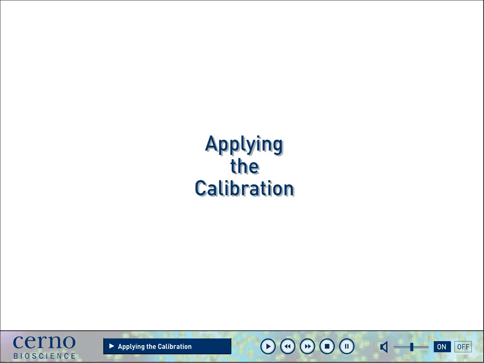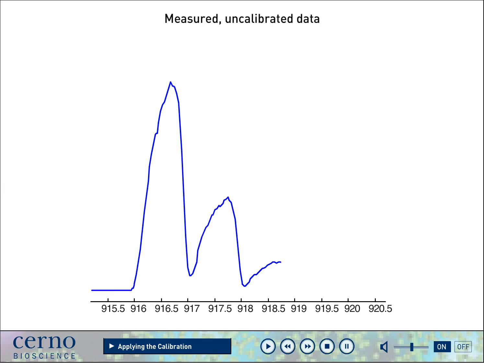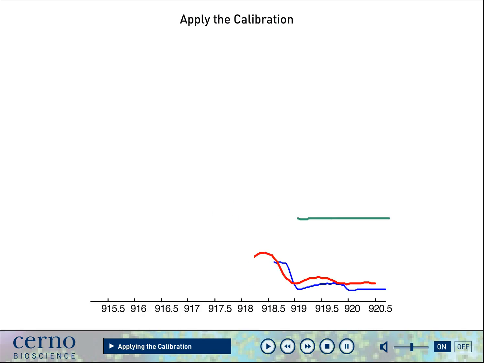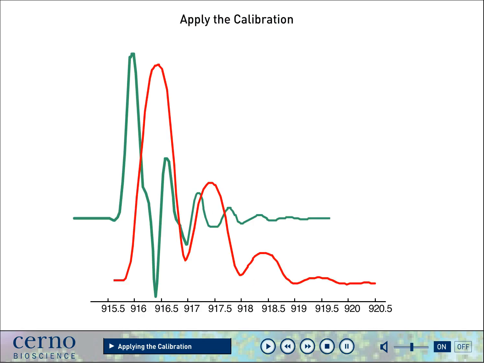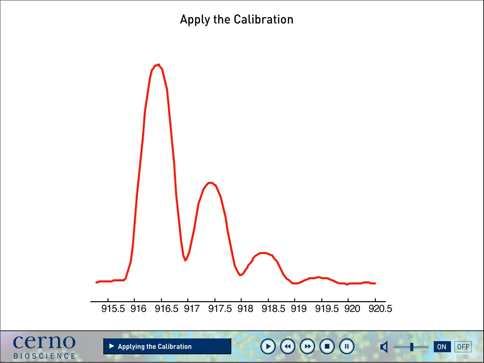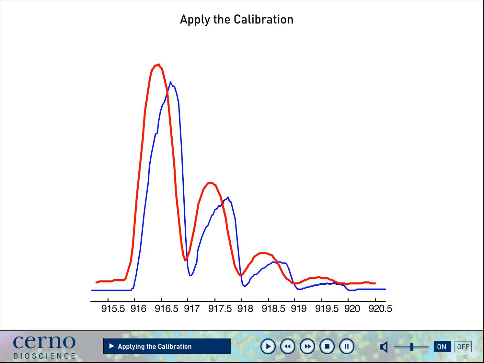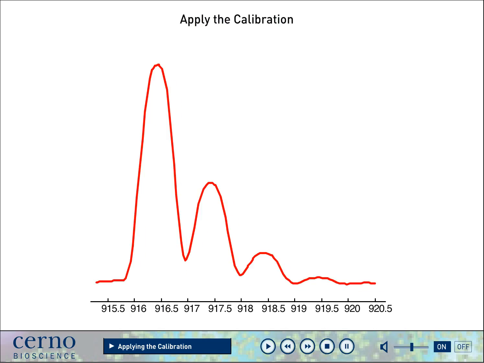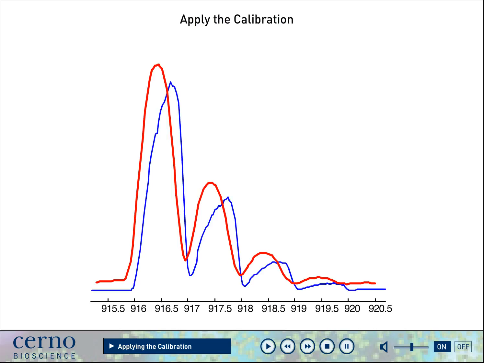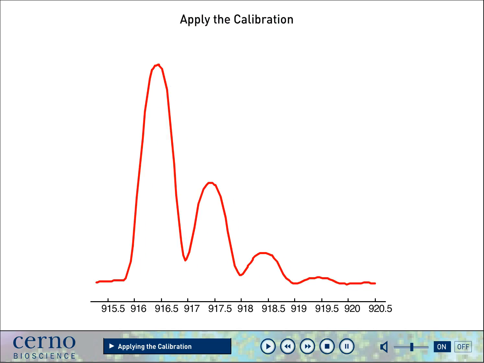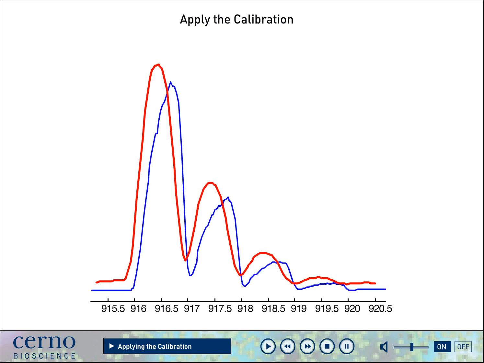Once the calibration equation is calculated, it is a simple matter to apply it to the measured data. The calibration is applied to the measured data and a fully calibrated spectrum is obtained. The calibration corrects both the mass position and the line shape of the spectrum to a mathematically defined function. Comparing the calibrated and uncalibrated data, it is clear that the mass